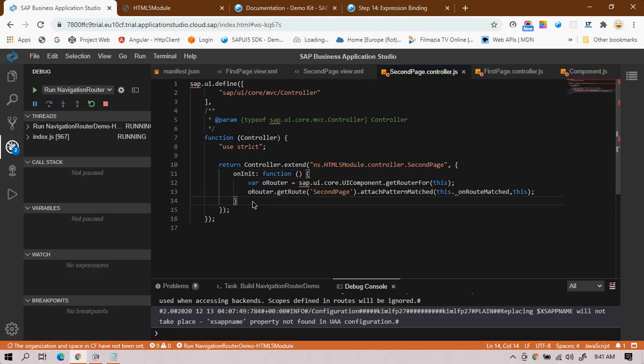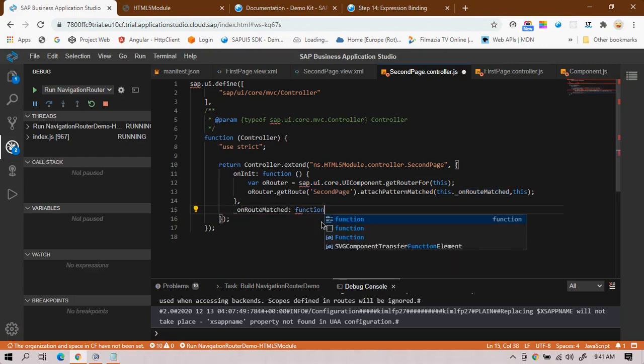Okay, so after the on init, I'll copy this method and write a function with oEvent. So oEvent will return us the value, whichever is passed.